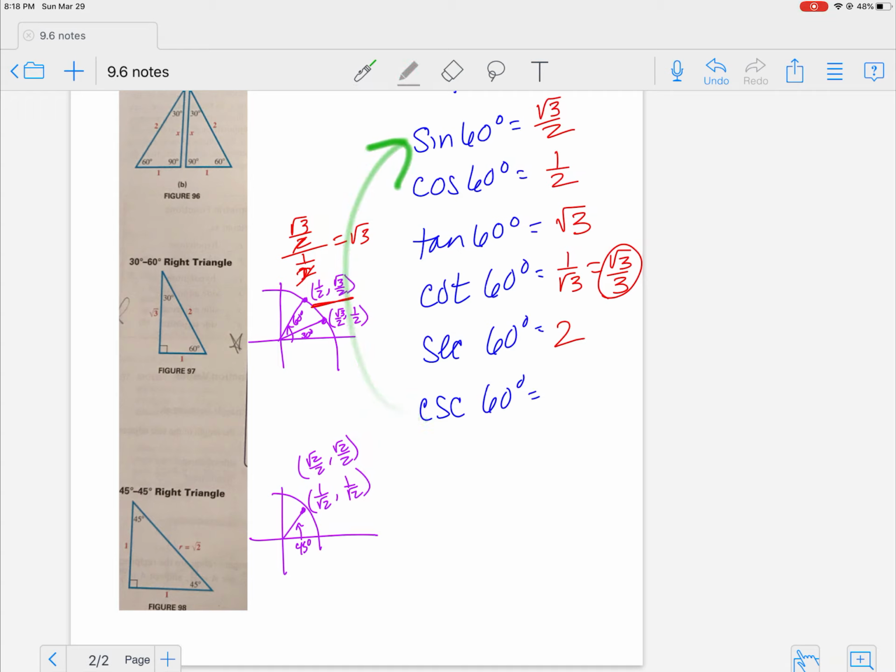Secant is the reciprocal of cosine. If this is 1 over 2, secant is 2 over 1. Cosecant goes with sine. So this would be 2 over the square root of 3. If you rationalize that, you get 2 square roots of 3 over 3. I'm okay if you leave it like this, honestly. It's not going to bother me. I think my math lab wants you to go ahead